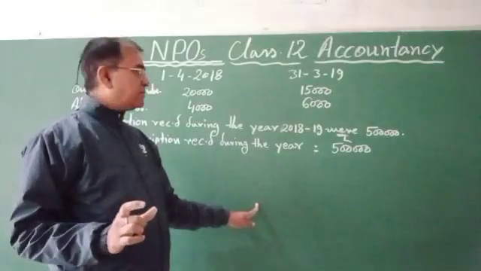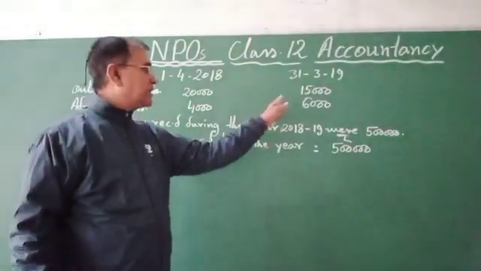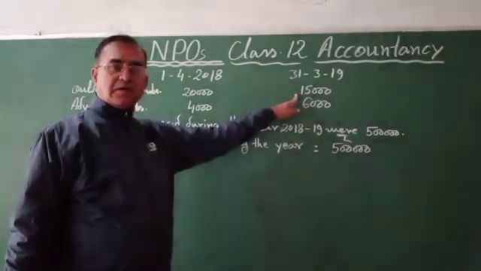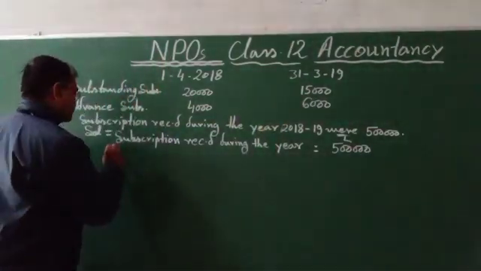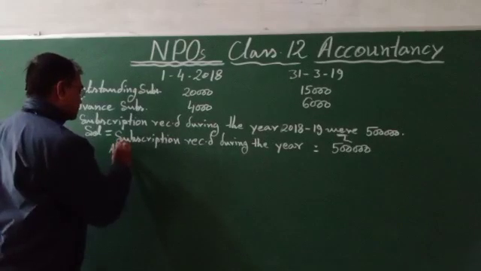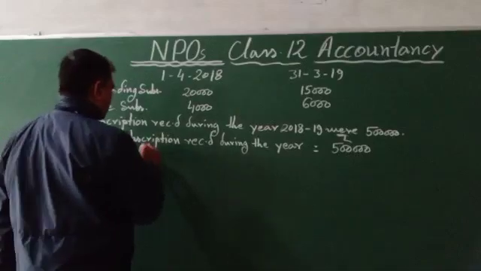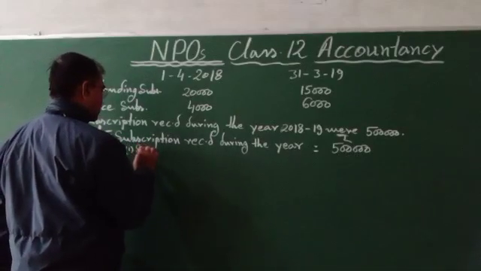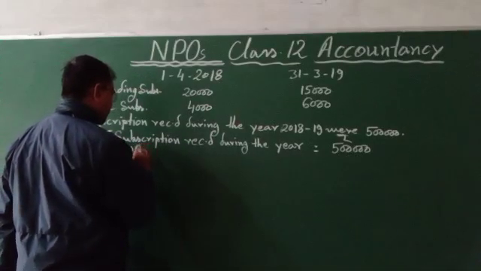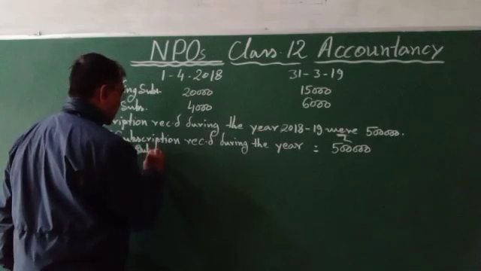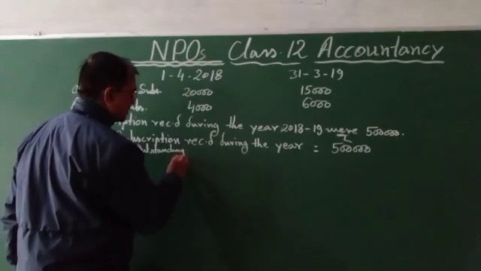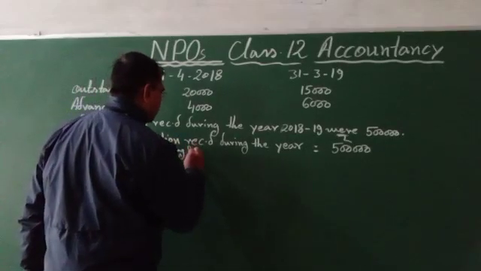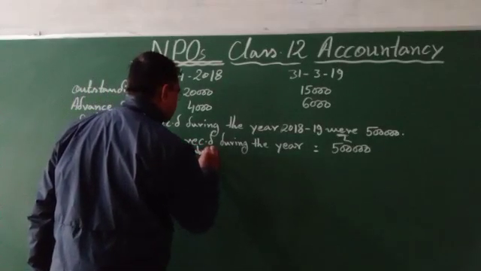Dues subscription, not received by the organization, is 15,000 given. So we have to add this one. First item, add outstanding subscription